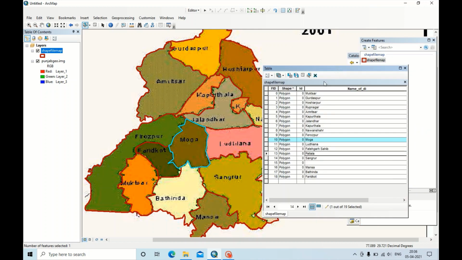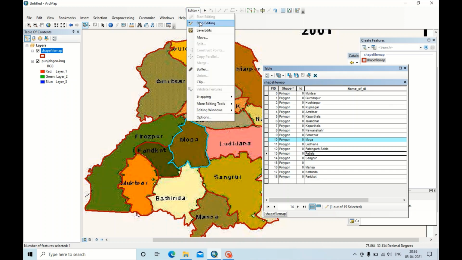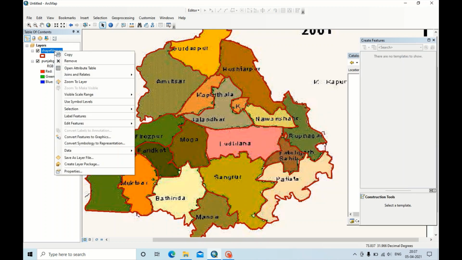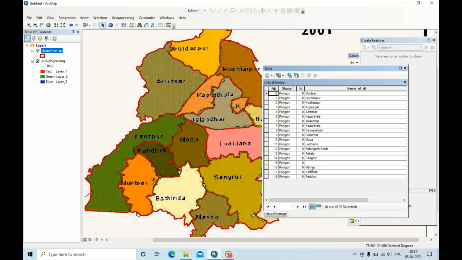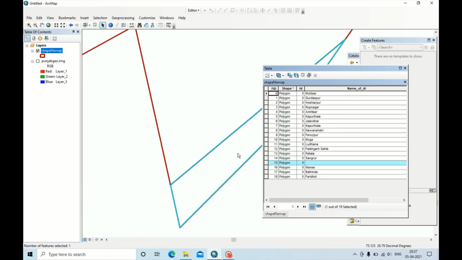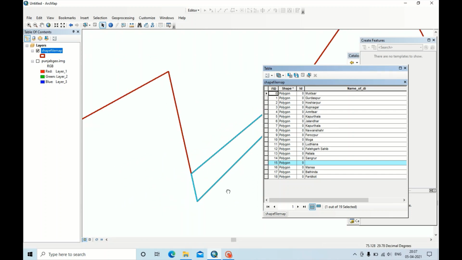I think almost all the districts are mentioned. Now save edits, stop editing. Oh yes, this is left.